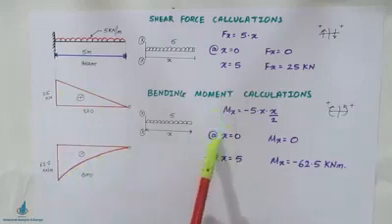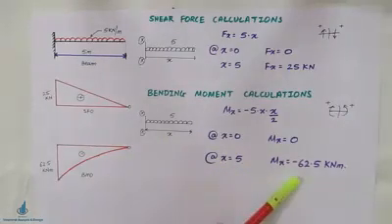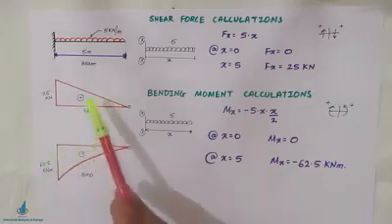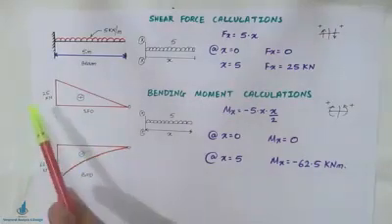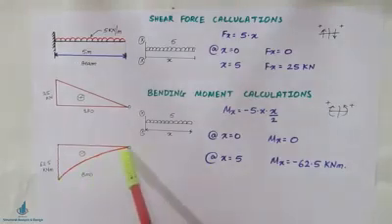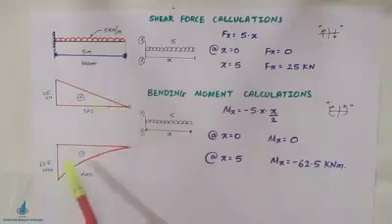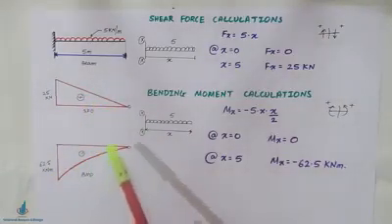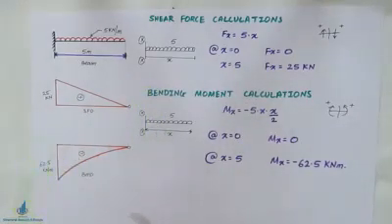Similarly, bending moment at x equals 0 is 0, and then at x equals 5 it becomes minus 62.5 kilonewton meter. I have denoted a plus and minus sign in the shear force and bending moment diagram respectively, so no need to show separate positive or negative signs again. The variation is parabolic because it is x square. Here it is linear because it is considering only one x. So this is the shear force and bending moment diagram of this particular cantilever beam with UDL over the entire length. I hope this calculation was useful to you.